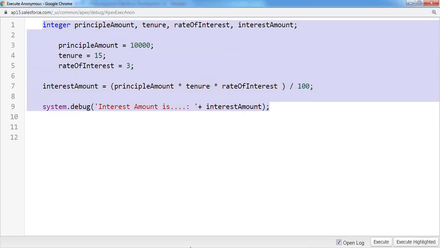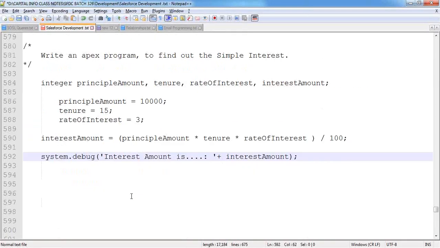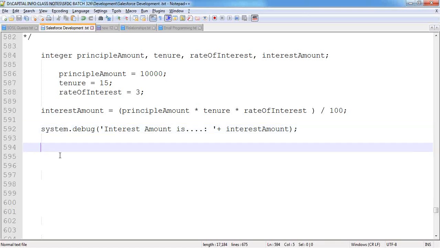Clear? Clear up to now? How to write some small programs, how to define the variables, how to assign some value, how to do the calculations, printing the results, all these things? Comfortable or not? Okay. Now,